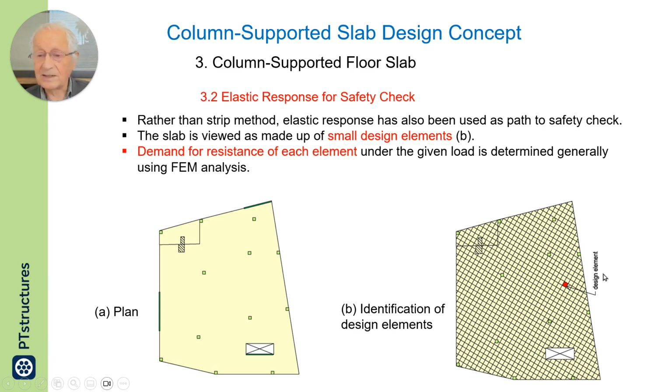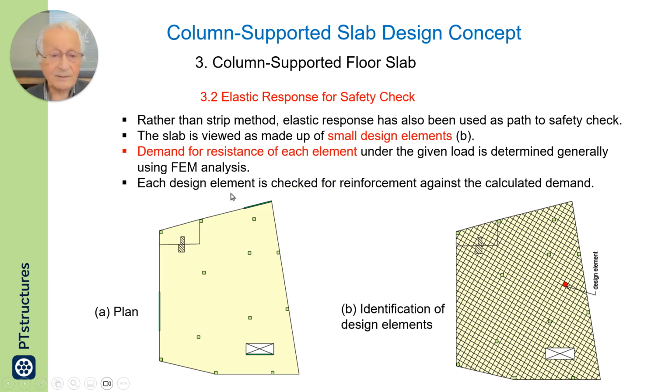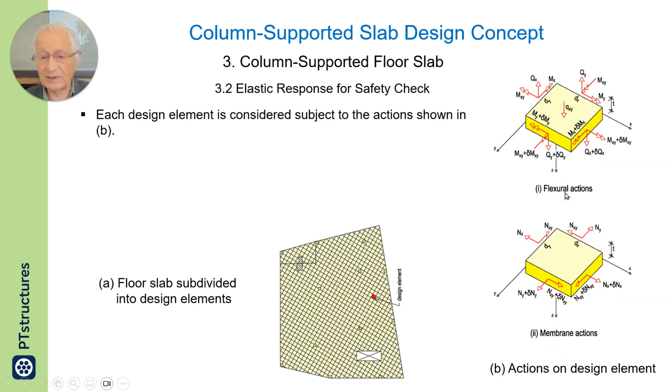And where there is a drop in the base capacity, you put reinforcement. And typically, the bottom and top mesh are adequate, or you put enough reinforcement to minimize the added reinforcement beyond the mesh. Each design element is checked for reinforcement against the calculated demand at that design element. Then for each element,